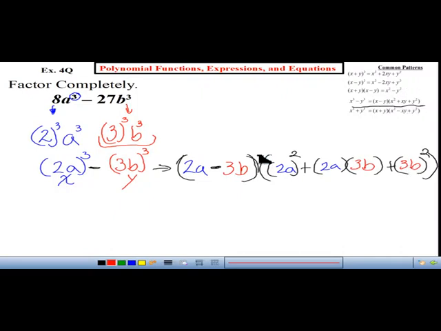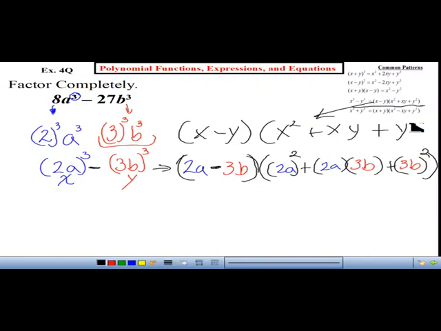Now let me write the pattern on top because I see some of you that are like, where is he getting that from? It's right here. x minus y, x squared plus xy plus y squared. This pattern we're using, but now using 2a and 3b. Simplify. 2a plus 3b, oh, not plus, minus, sorry. 2a minus 3b